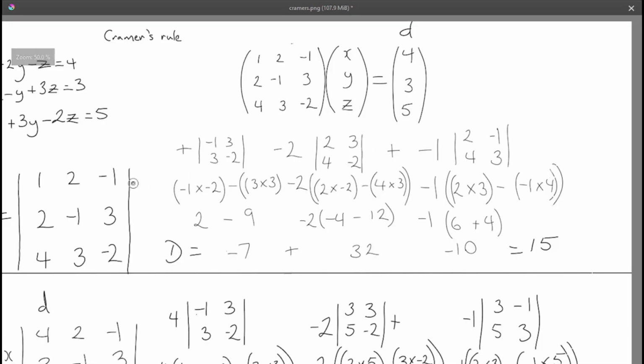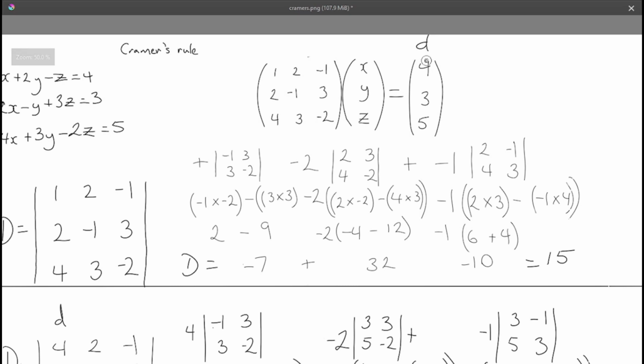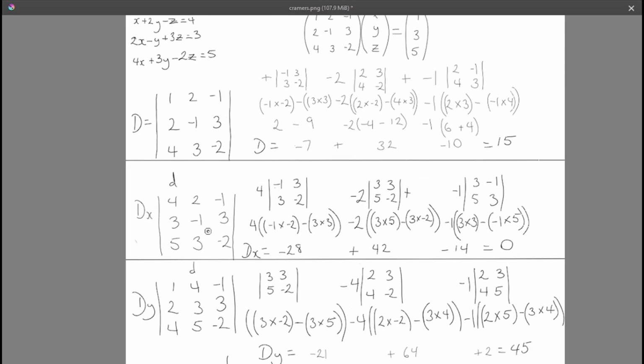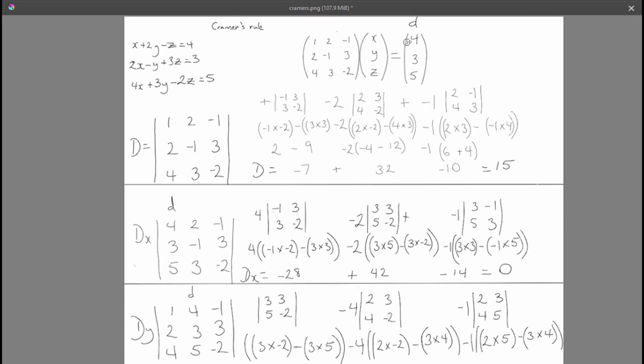And it's all laid out here. But the thing about Cramer's is, to get x, we will need to say dx will be, let's just take D and replace it with the first column. So 1, 2, 4 become 4, 3, 5, and everything else stays the same. So dx will be the determinant of